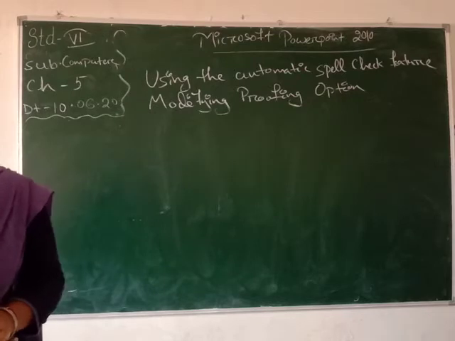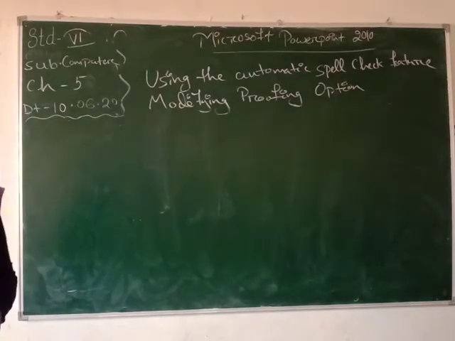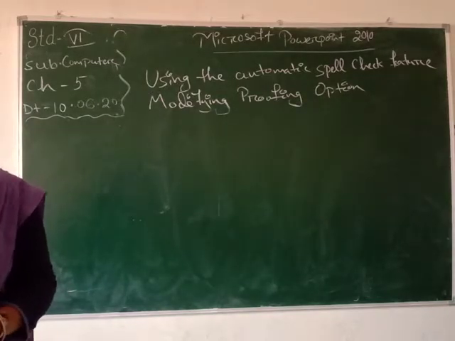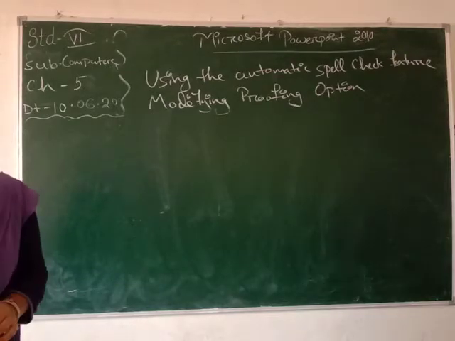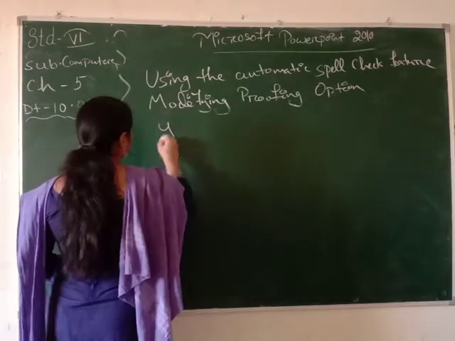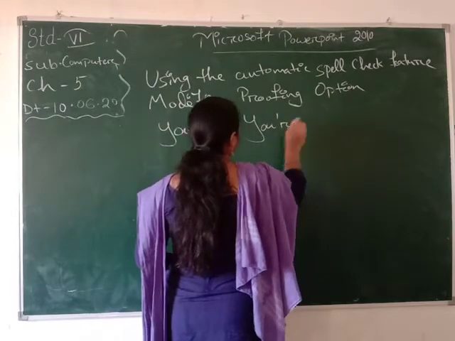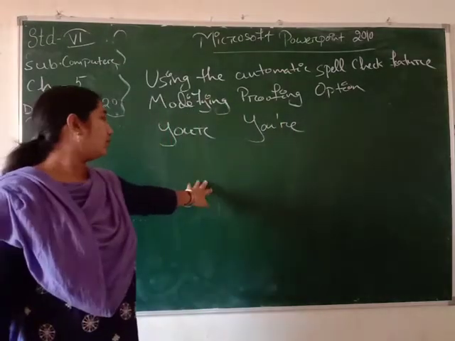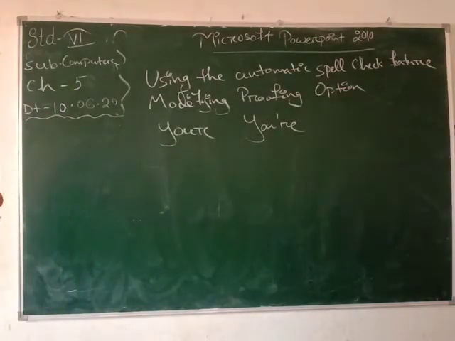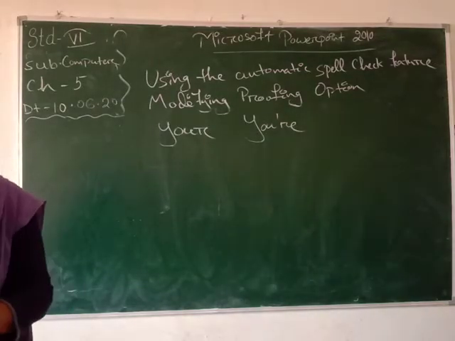So next is Use contextual spelling. Check this box if we want PowerPoint to check for contextual spelling mistakes, such as the use of your versus you're, or you are. You have seen sometimes we write your or you are, so in the computer sometimes we get an error. If we are writing the same, then we have to uncheck that option, so it will not show the error.